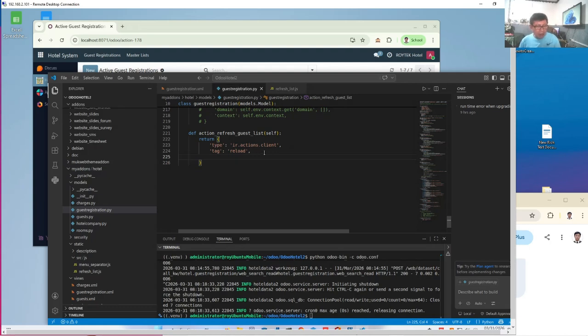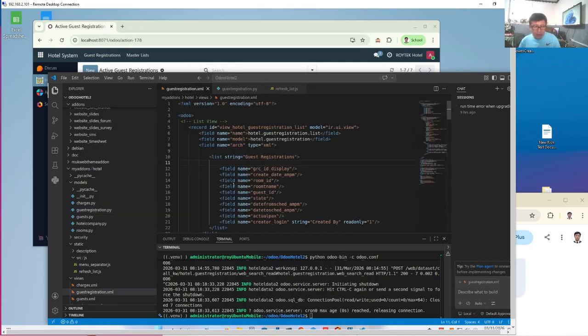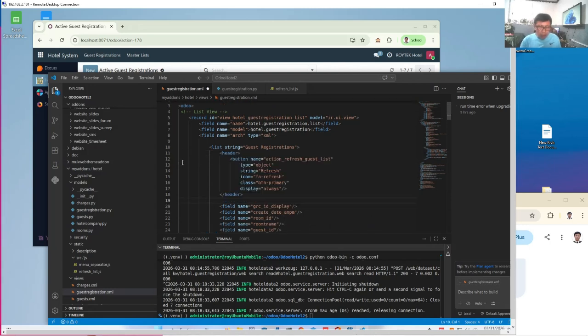Now let's go back to our guest_registration.xml. We have the list view here. We are going to put a header that will host the refresh button. We already know that. Why do we put it in a header? So that it will not be included as one of the fields. So we have a header which has a single button, and take note, the name of the button is also the name of the Python action.